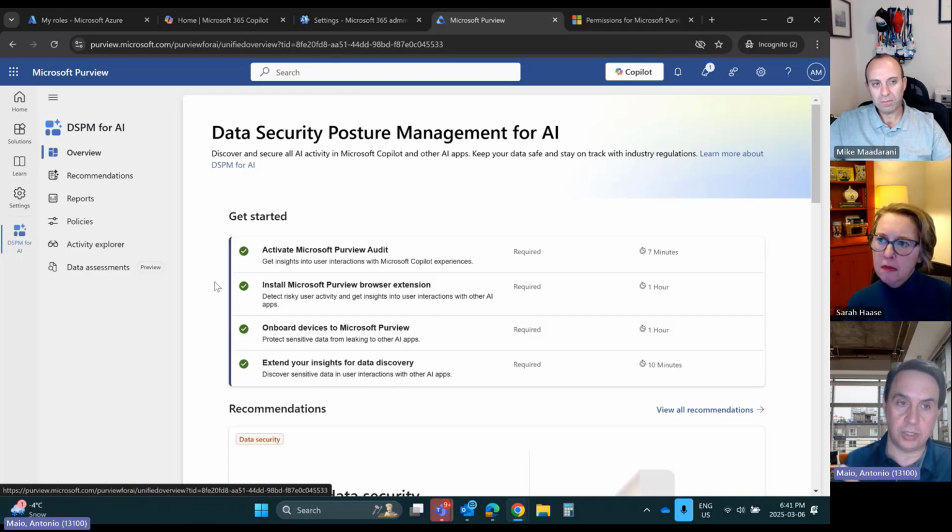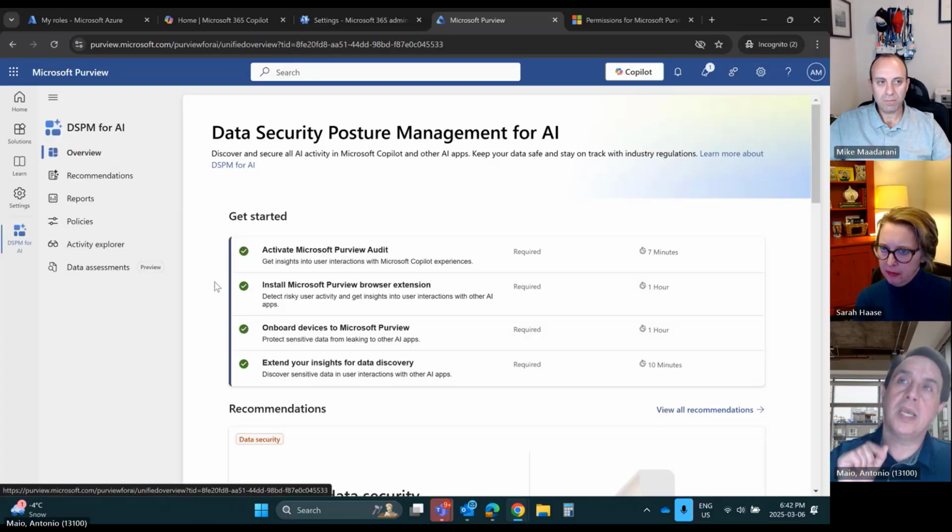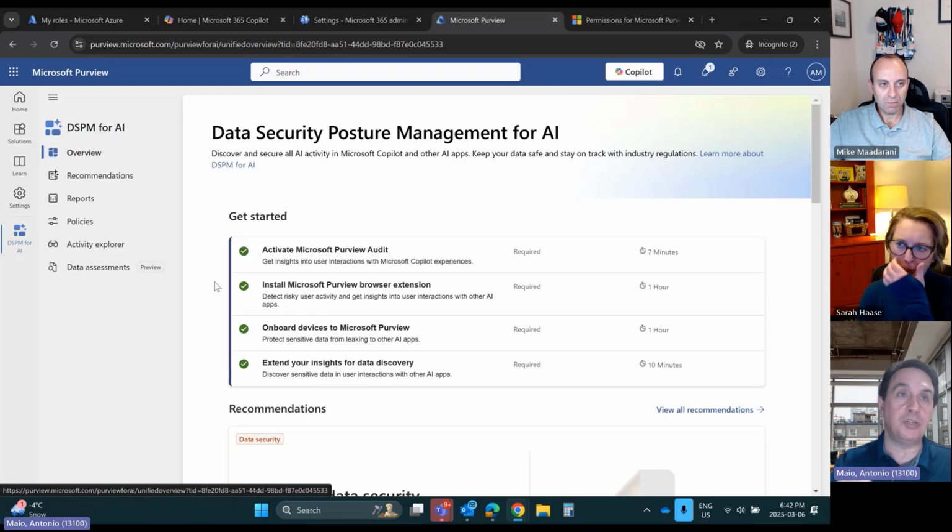Something I forgot to mention earlier, in order for this to be able to detect if someone is using a generative AI solution, there's 2 things that you need. You need to have the device onboarded for endpoint DLP. So you don't have to have an endpoint DLP policy, but you need to be onboarded for it. And sorry, let me back up. In order to simply detect if someone is using a third-party AI solution or any AI solution, you don't need it onboarded for